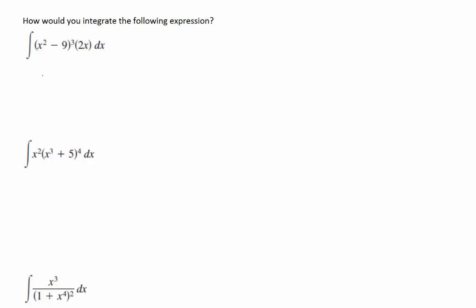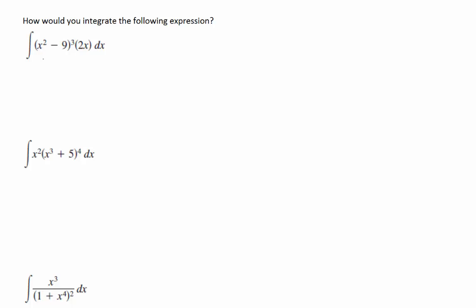Alright, so welcome to our virtual lecture today, and we're going to talk about integration by substitution. So we're going to look at expressions like this. Integration by substitution is basically undoing what the chain rule would do to take the derivative. So it's the opposite